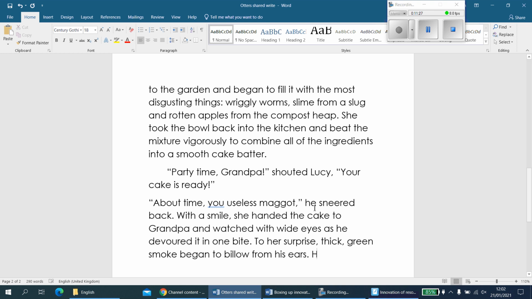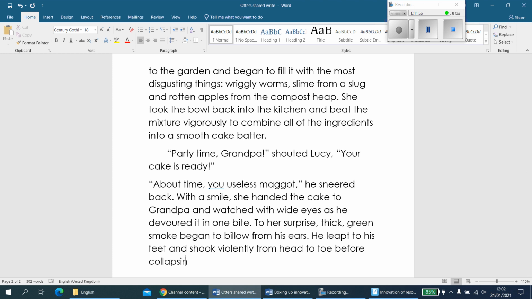let's have a think. He leapt to his feet. I still like that. And so when he's on his feet, almost like he's had an electric shock is what's going in my head. So I think he's going to shake violently. So he leapt to his feet and shook violently. There's my adverb for you. From head to toe. Let's add that extra information.